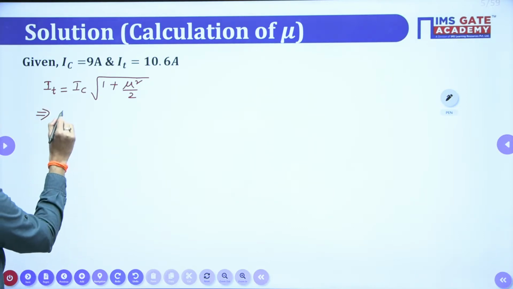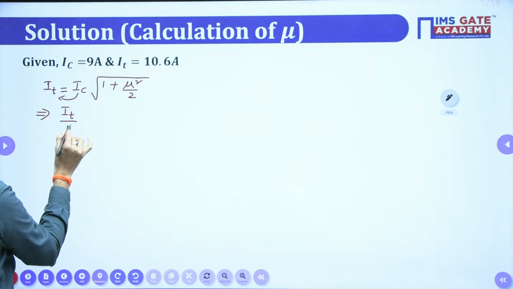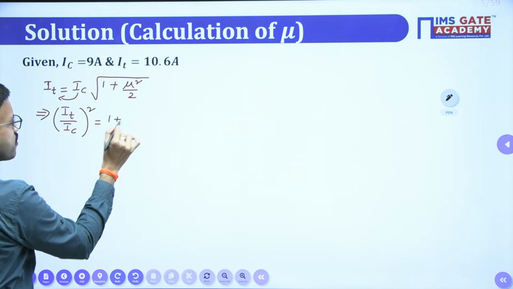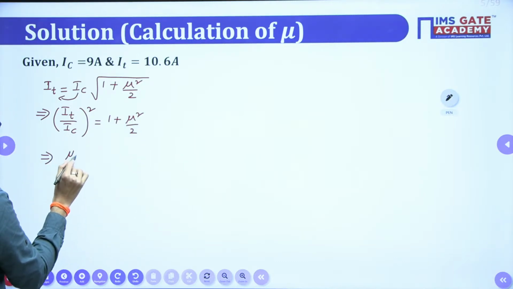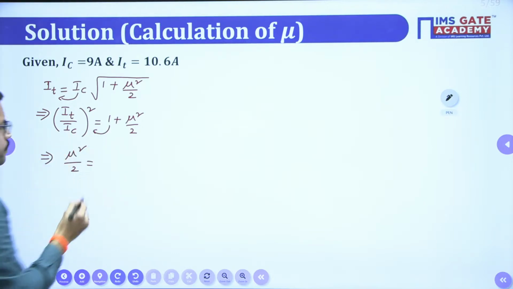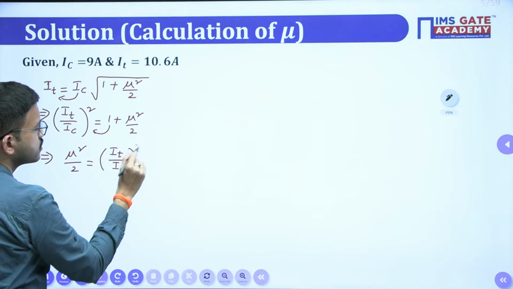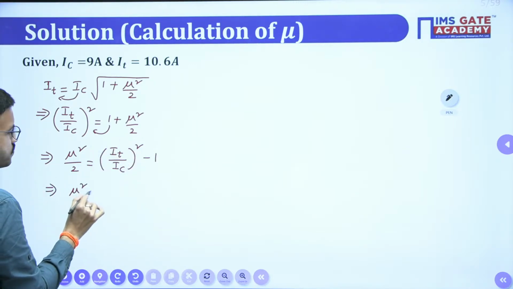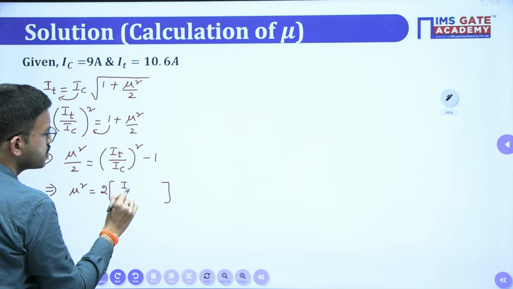Just perform squaring on both sides, and I am bringing IC to the left hand side. It will come to the denominator. So IT by IC whole square is equal to 1 plus mu square by 2. If you rearrange this equation, you will get mu square by 2. Just bring 1 to the left hand side, it will become minus. So IT by IC whole square minus 1. Now from this equation you will get mu square equal to 2 times this overall factor, IT by IC whole square